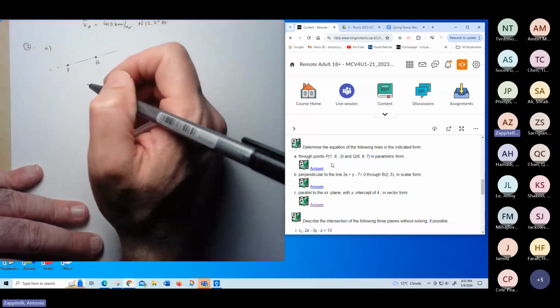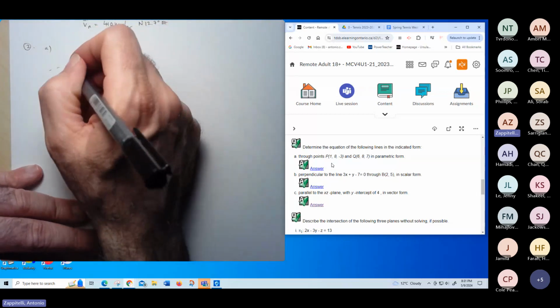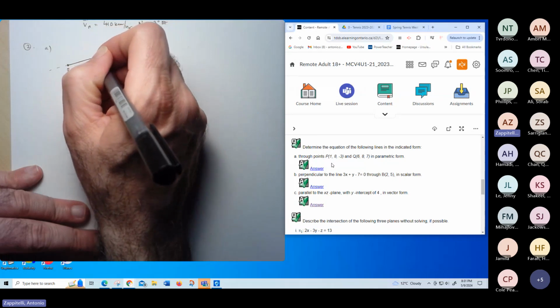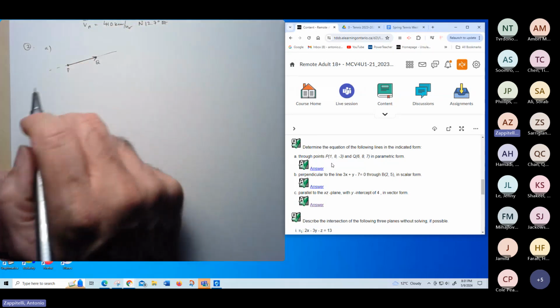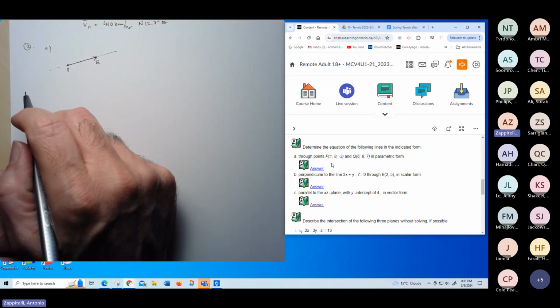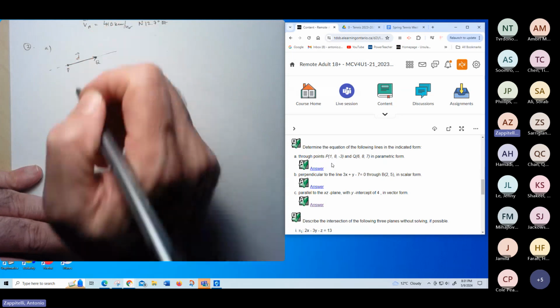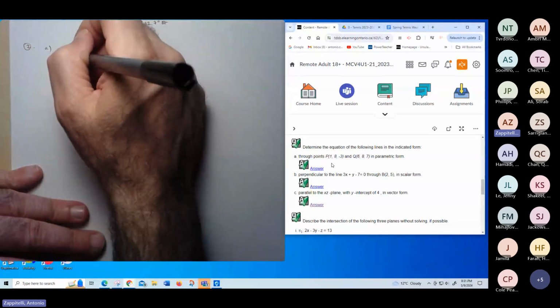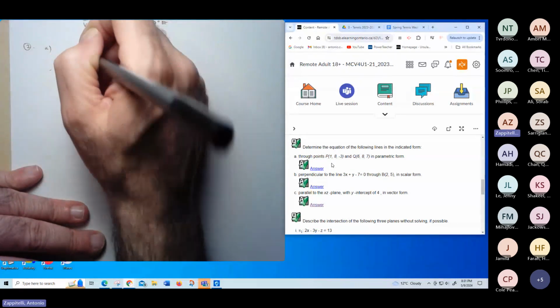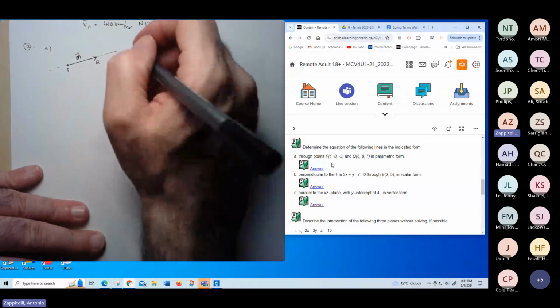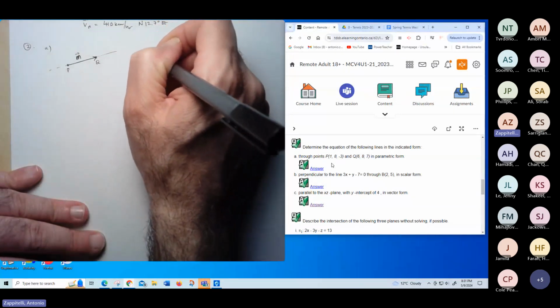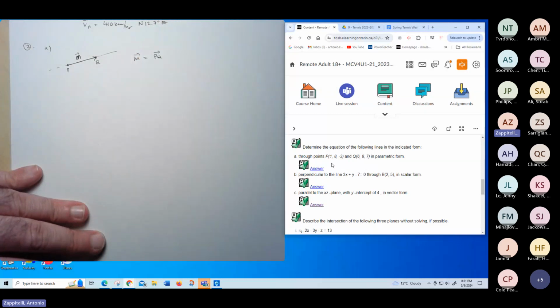I've got 2 points, so no problem there. And you need a vector parallel to the line. So I can just create the vector PQ, and then that'll be my direction vector. I'm not sure what you used for the direction vector, probably M, I'm going to guess. Okay, so M here is just going to be the vector from P to Q,